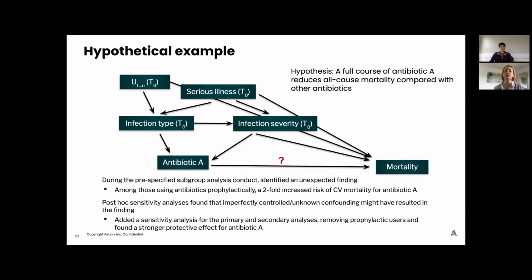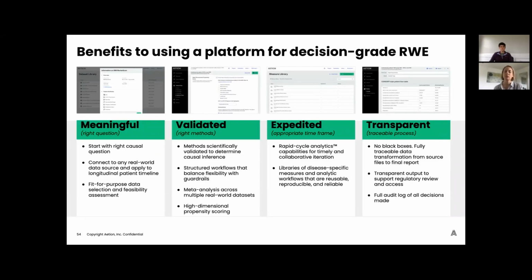So before I wrap up, I just wanted to mention that there are benefits to using a platform, and there are multiple platforms out there, but it's very important to make sure that it's decision grade. And the benefits of a platform that is built with causal inference in mind is that you can make sure that you have meaningful data, a meaningful research question, that your data are fit for purpose, and that's all done and evaluated through the platform. It helps you make sure you have valid data, so allows for methods that are best practices and scientifically validated,